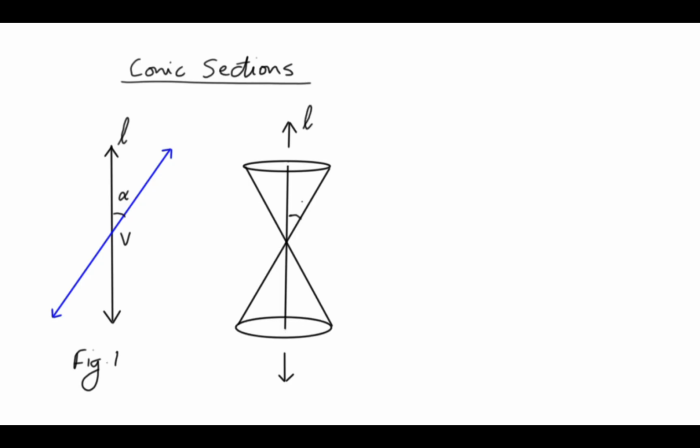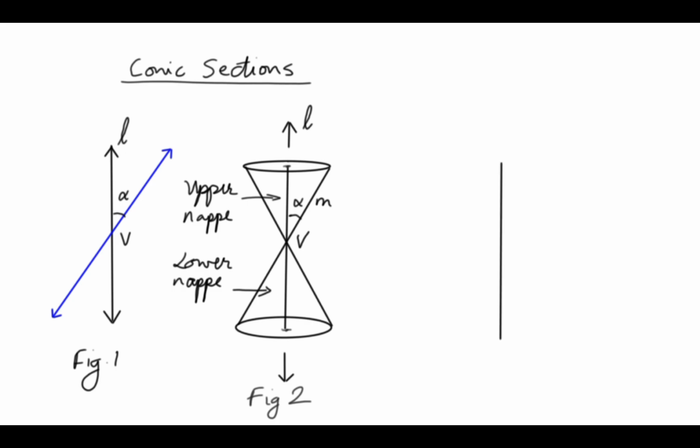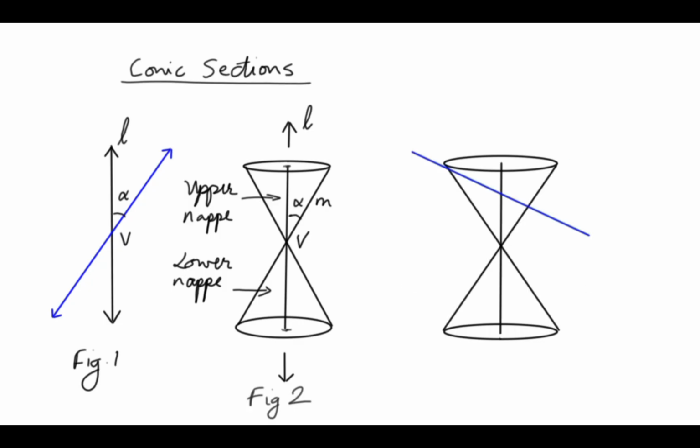When a flat plane intersects this cone at an angle beta, it carves out different curves depending on that angle. If beta is exactly 90 degrees, you get a perfect circle. Tilt the plane slightly between alpha and 90 degrees, it forms an ellipse. When beta equals alpha, the plane cuts parallel to the generator line, creating a parabola.